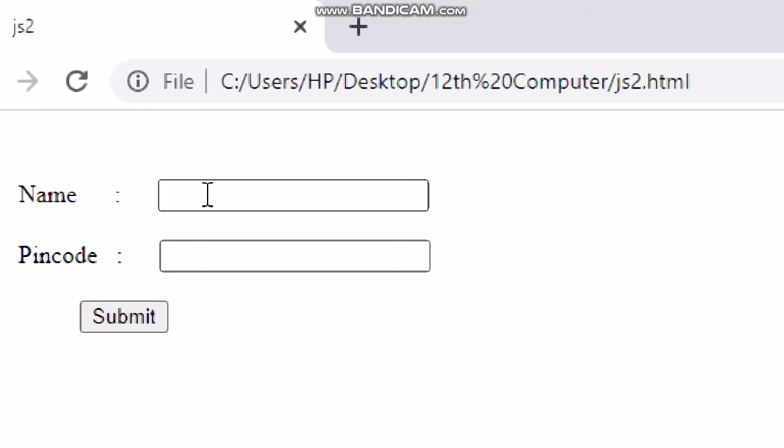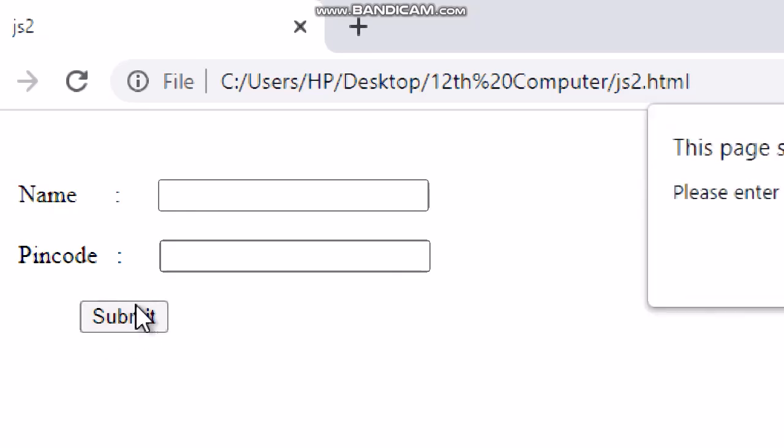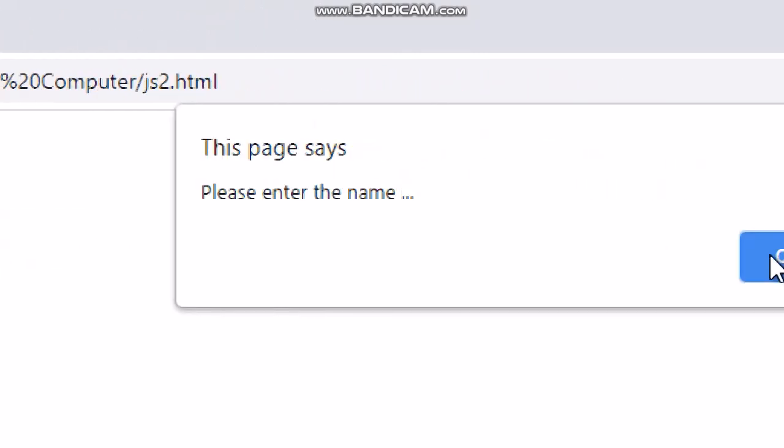Next, keep the name and pin code fields both blank and press the submit button. An alert box will ask to enter the name.